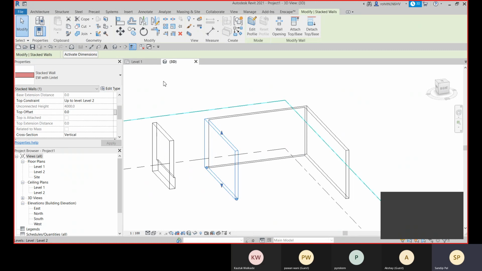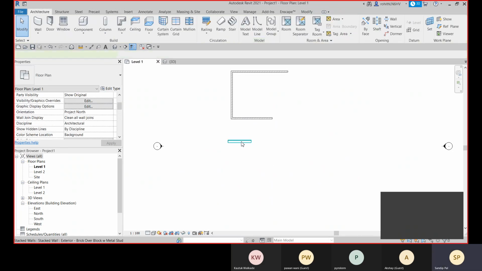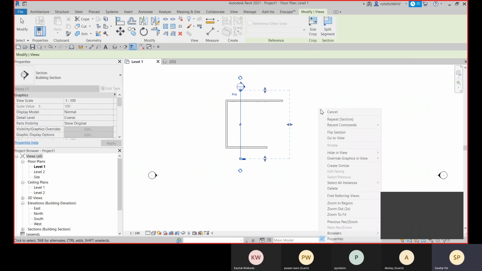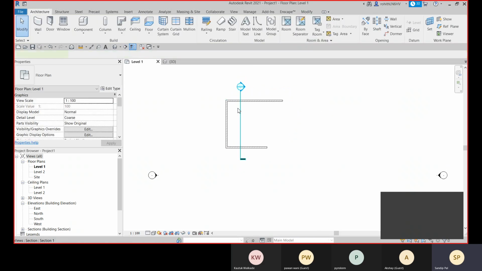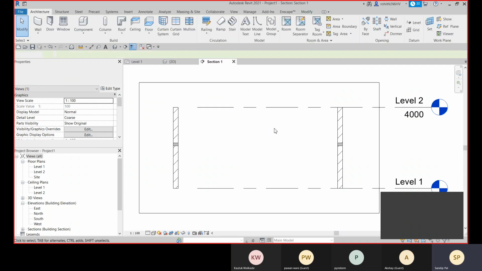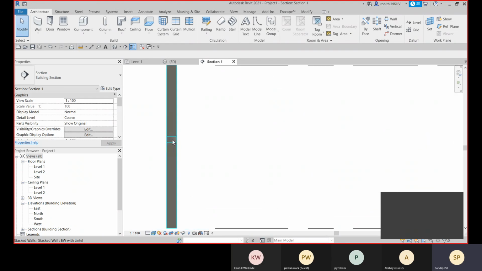You can check it through section. You can go to level 1. Let me delete this stacked wall, and here we have this section option. You can place this section over there, and then right click on the section, click on go to view, and there you can see, you can make it realistic.